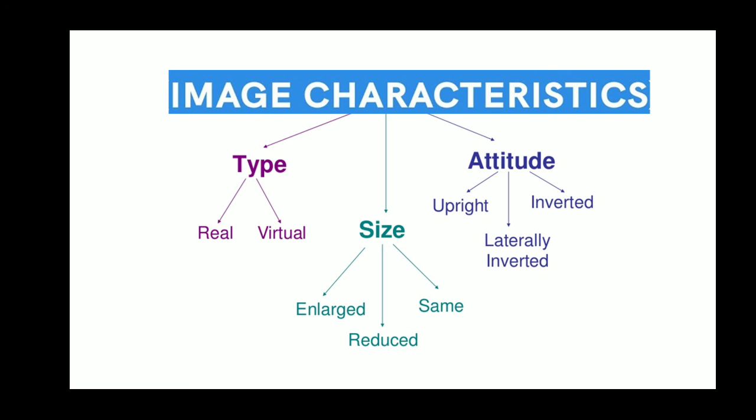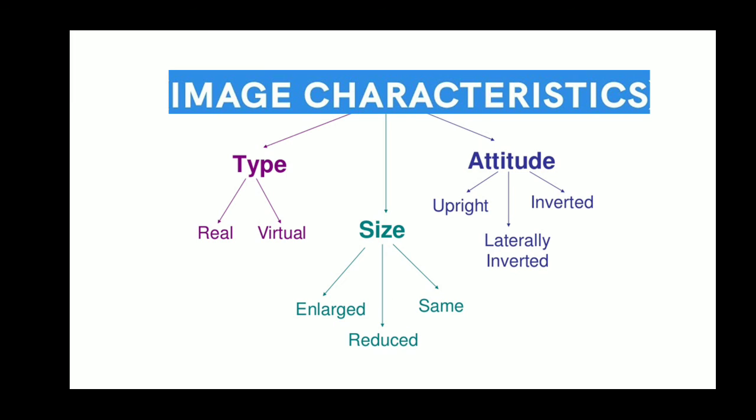So on the whole, in today's class we have studied the different types of image formation wherever you keep the object. The image changes depending on the position of the object. As the object position changes, the image nature also changes. If I classify the image characteristics, I may have a real image or a virtual image. Based on size, I may have a same size image, an enlarged image, or a reduced image. A reduced image we name a diminished image.